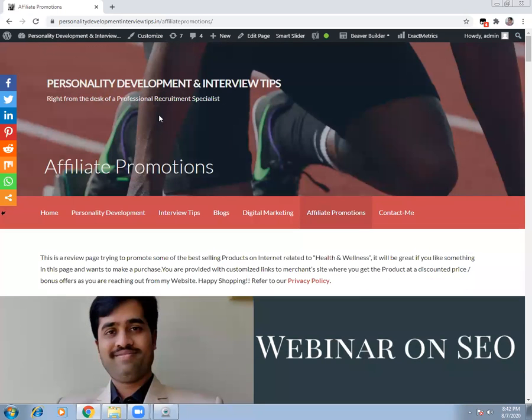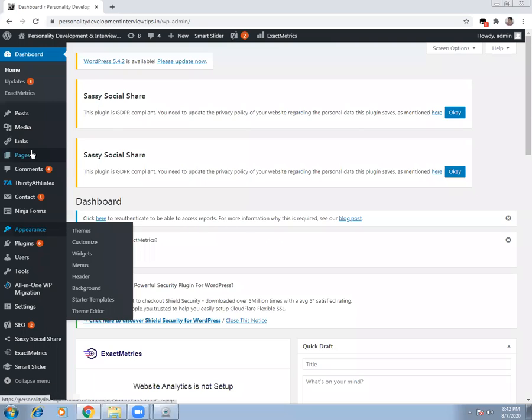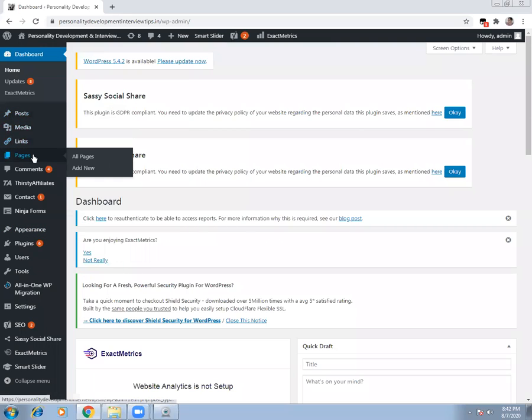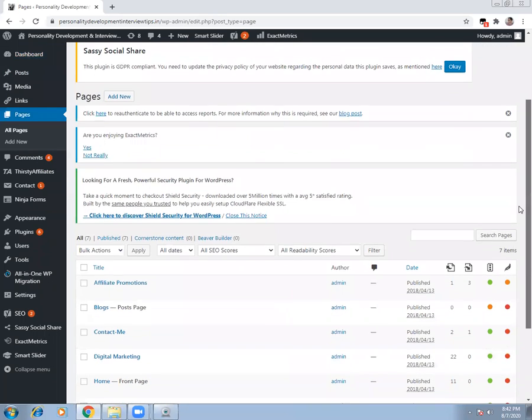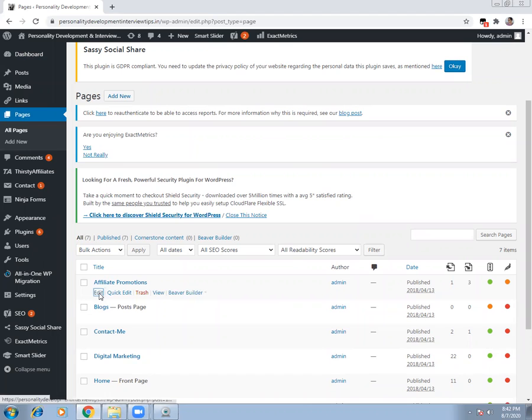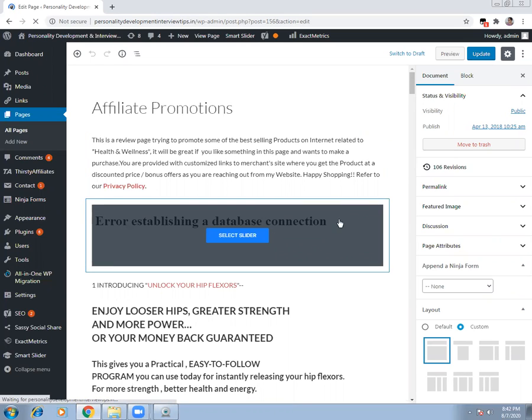So let's go back to the slider. So for the time being, I don't want it to be an affiliate promotions. It's only to show you guys how quickly the impact will be there. So you go to the dashboard and you go to the pages, and probably I'll go to the affiliate edit section, and I will be removing this block.